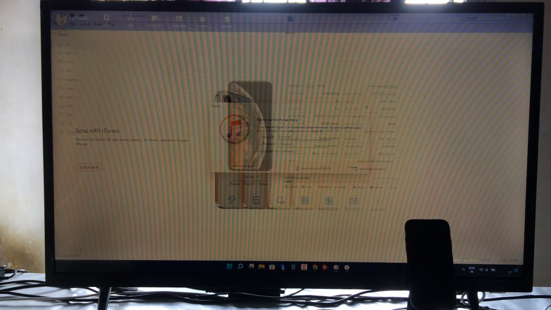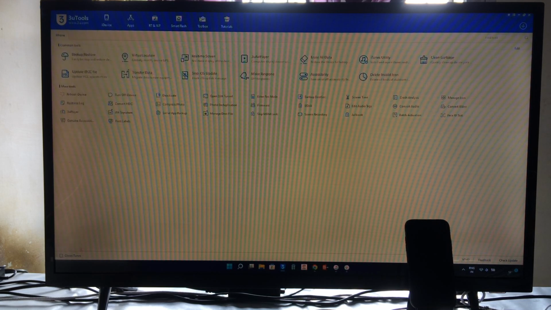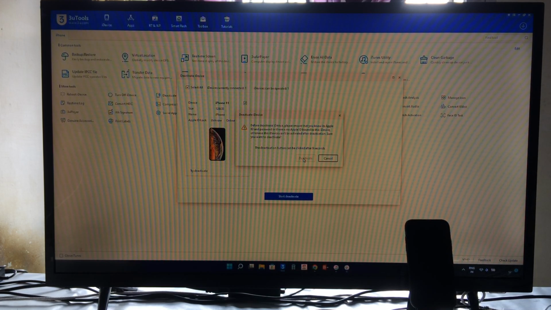Before going in here, we will click on this smart option on a toolbox, and we will go for deactivate especially this. So we will click here and we will start to deactivate.